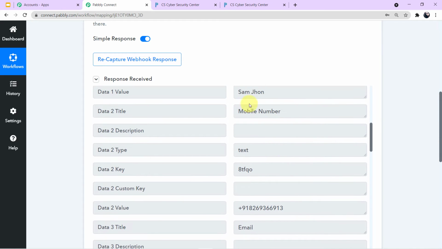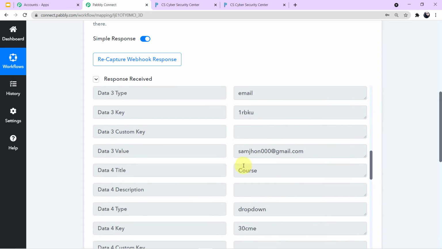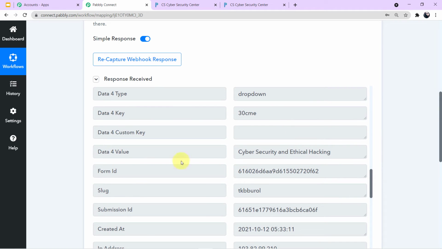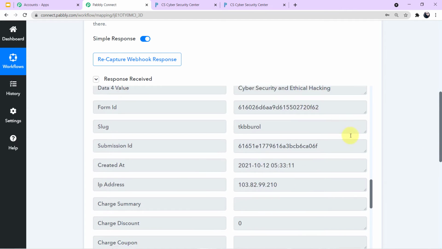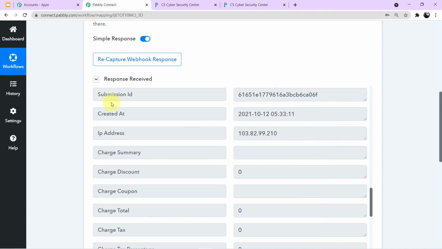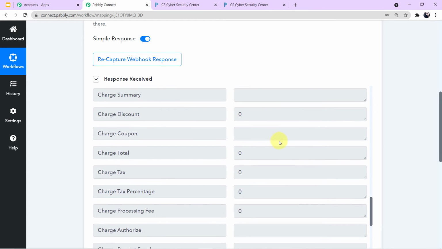You can see the name, the number, the email address, and the rest of the details. Here you can see in value number 4, the course name is given, but we haven't given the header for the course name. It is already there, that's why it is showing in the responses. I'll tell you further what benefit it will give to us. Here you can see the rest of the details, the submission ID is also given.